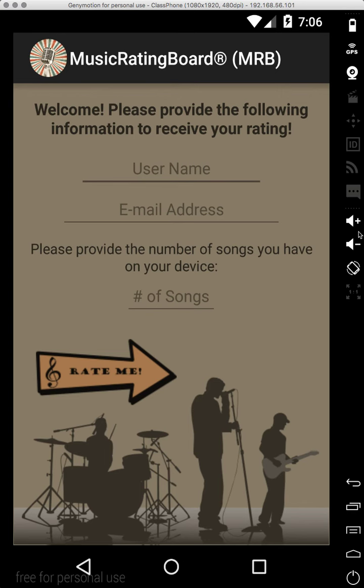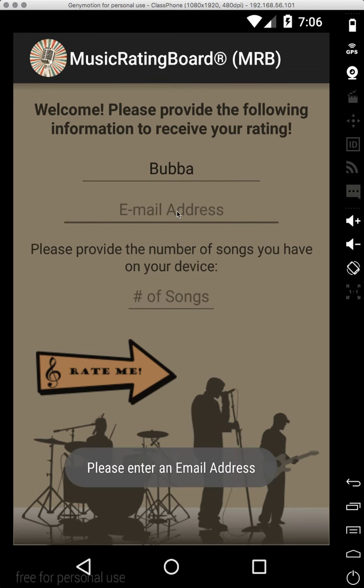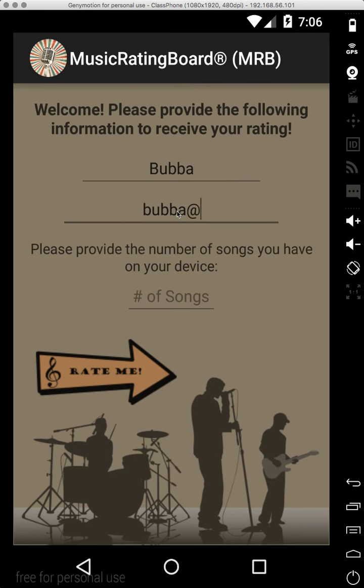So let me go ahead and not enter anything, and they used an image button, and it does do our checks, right? So we know how to do that. We may want to have that as a little bit extra there. So let me go ahead, enter a name, do rate, and it now wants an email, so let me do an email. Okay, and let me start out with a low number of songs that I know the logic behind,